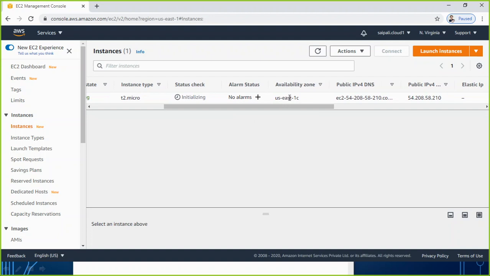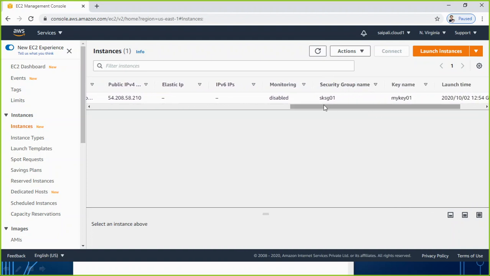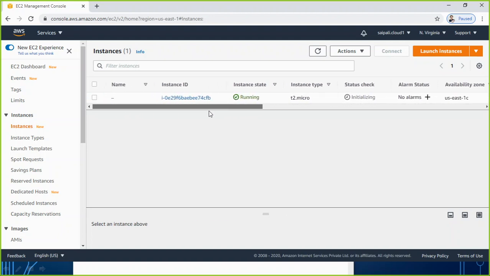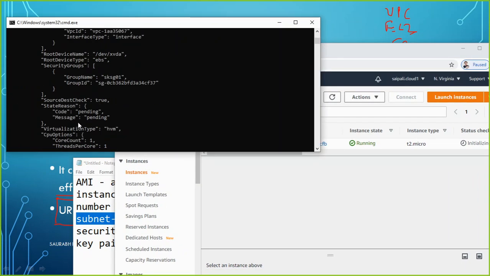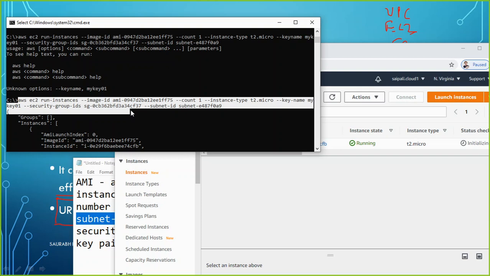Availability zone is US East 1C, that is what we decided, if you remember. Then what other information? Security group it is connected with SKSG1. The key it has used is MyKey01. Launch time is this one right now. So this way what we can see, it has launched an instance. What command we use finally? This is the command we used, and we succeeded to have an EC2 instance there.